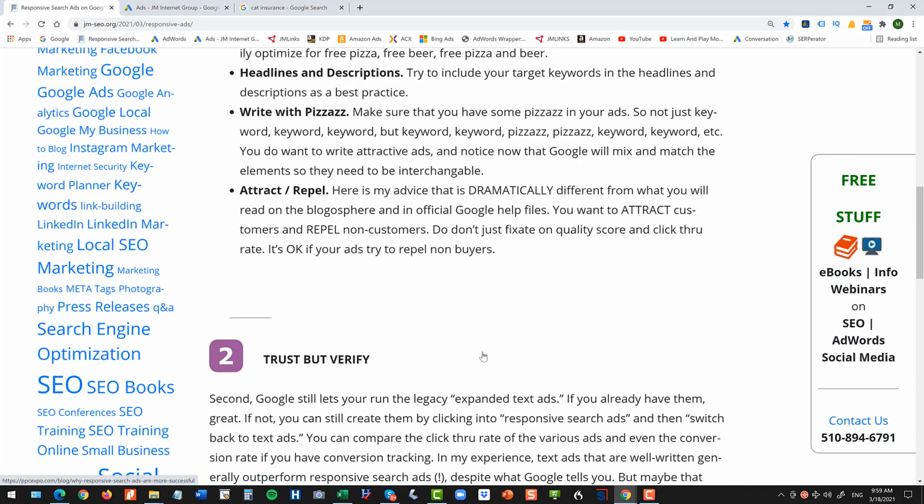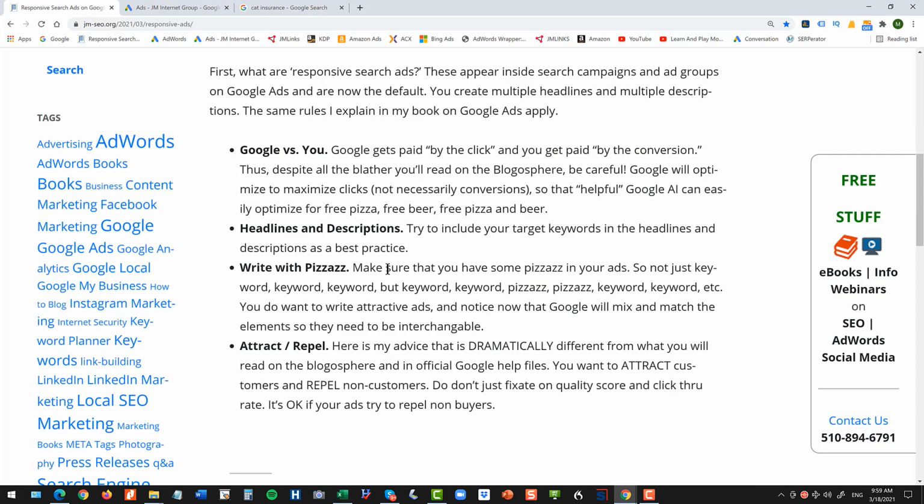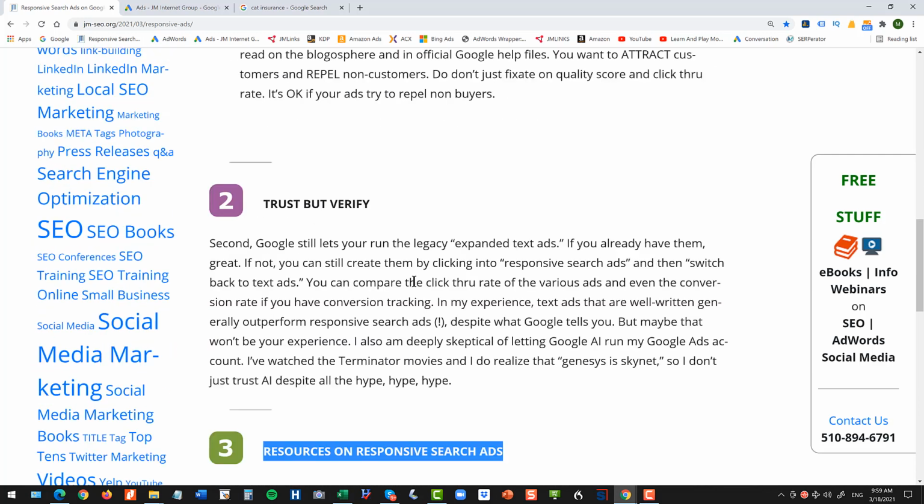So, summing up, responsive search ads are the new thing. We're all being forced into them by Google. You can kind of see the writing on the wall. They're probably going to take away expanded text ads at some future point. You still need to be skeptical about how to write them. You need to follow the best practices that I have in my book on AdWords. Secondly, not surprising to anyone who has a brain, right? Don't just believe everything that large corporations tell you. Trust, verify, experiment, measure, and figure out what works